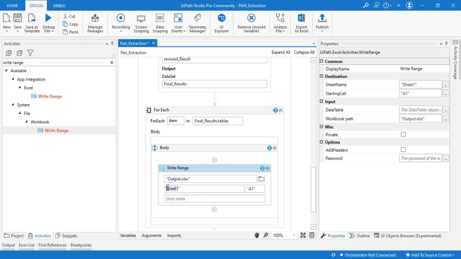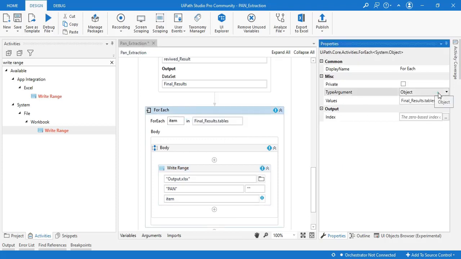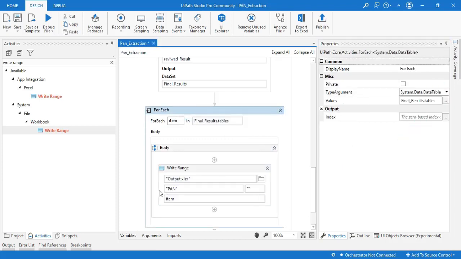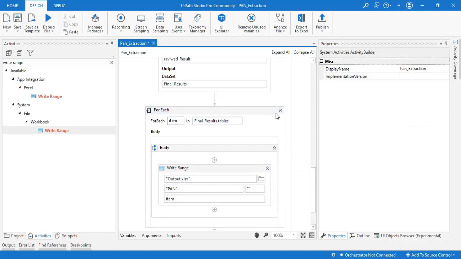Let's rename the name of the sheet as pan, no range specified, and table needs to be item. Obviously, this for each activity needs to be supplied with the right kind of data type. It's data table. That's it, done.